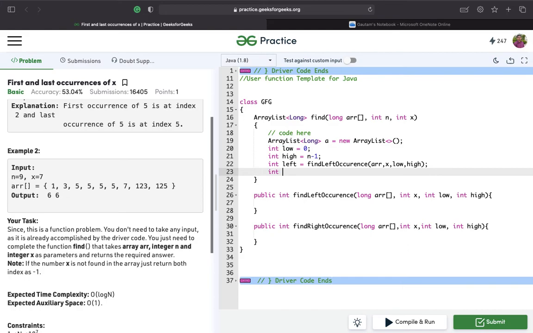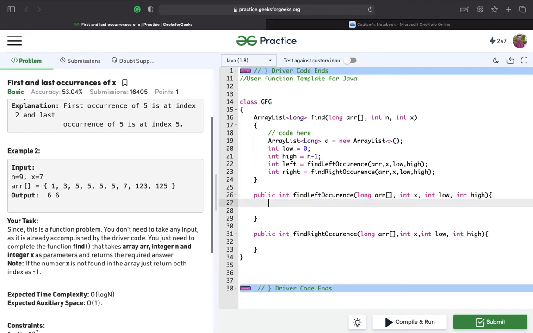And for the right, I'll call find right occurrence with x, low, high. Now comes the main part of this question, to write the actual function to find the left and the right occurrence.